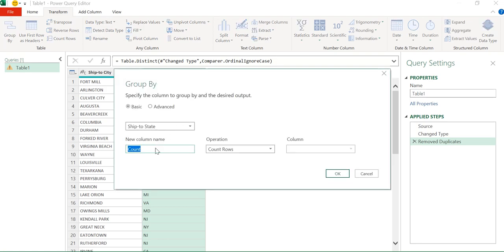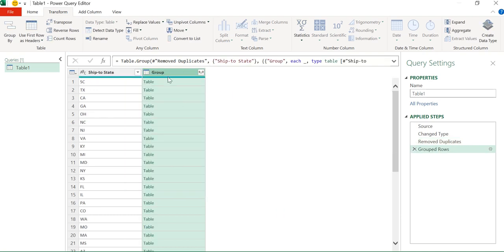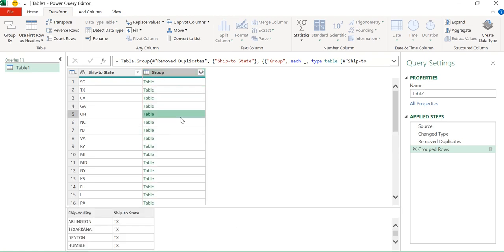And let's name our new column as, let's say, group, and as our operation we want all rows. Click on OK. Now what we will do is for each of these individual tables we will add an index column. So again how we can do that,